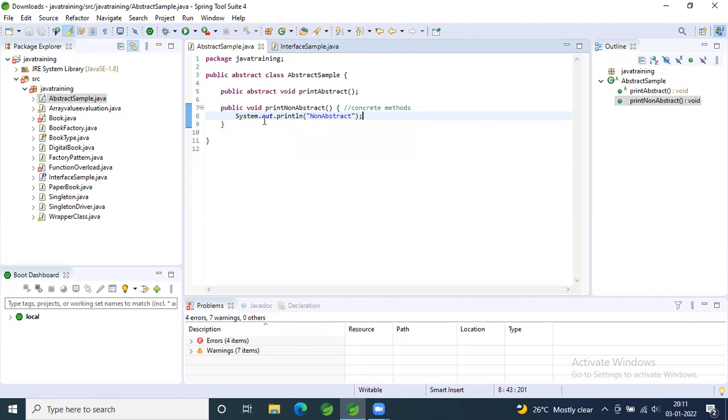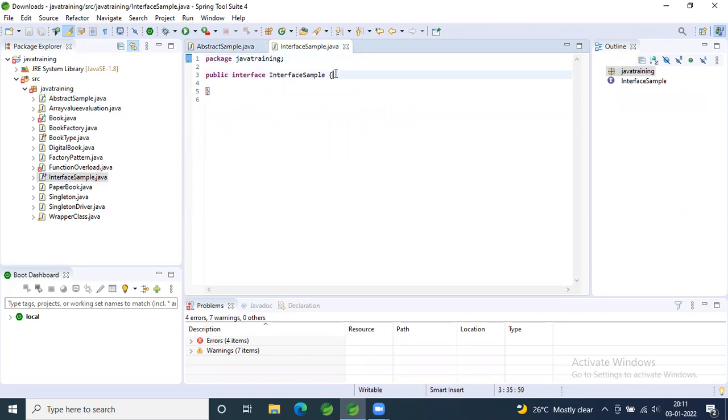So now go to your interface sample. Here, try to create one method without the abstract keyword. Same thing, but instead of print abstract, give print interface. That's it. Okay, void print interface.